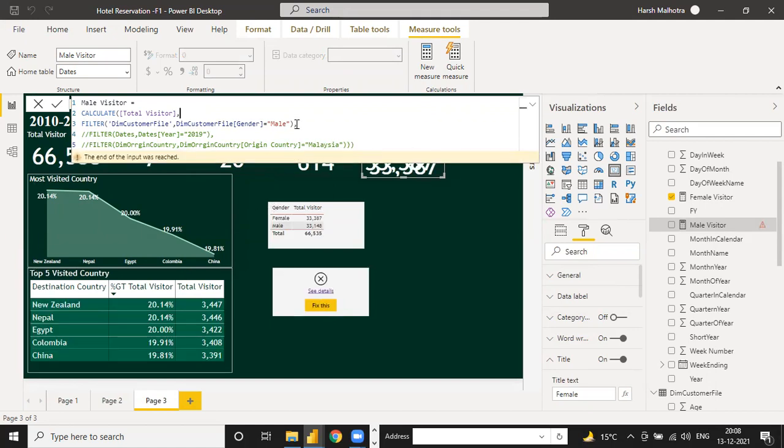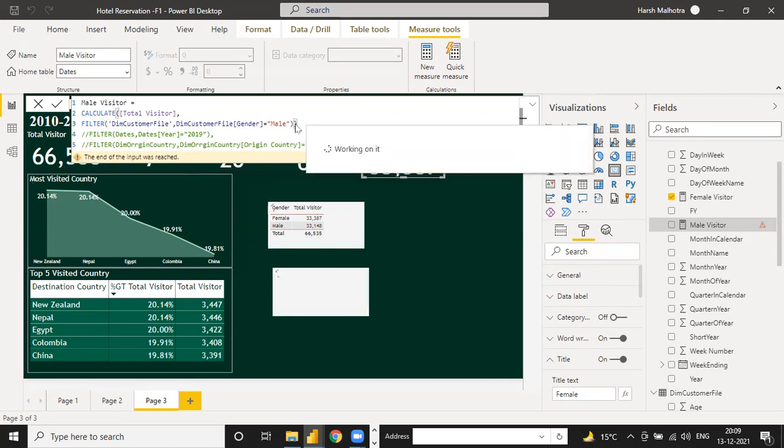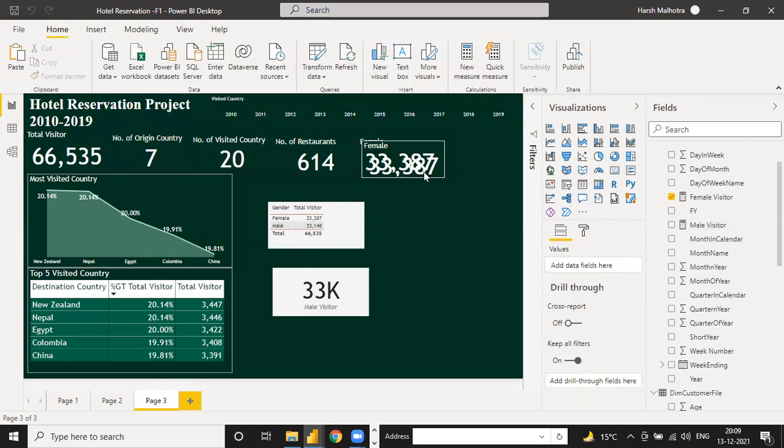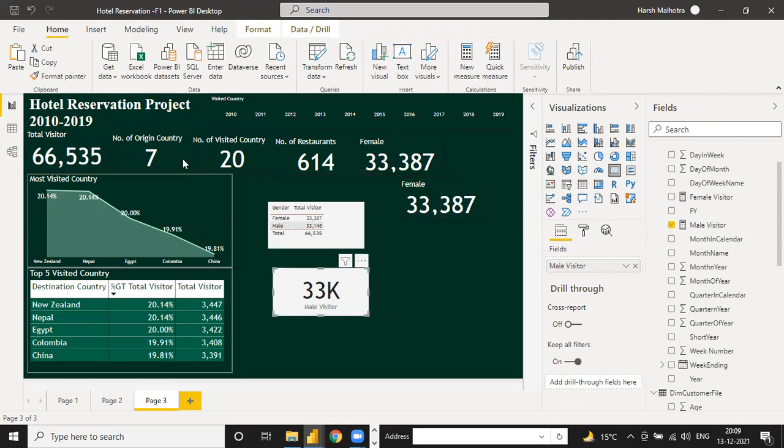So instead of comma, I am going to close the bracket. See, in Power BI, remember one more thing, the comma and what is the main point you have. So click this one, click format and just paste it. So the value is 33 and 418.